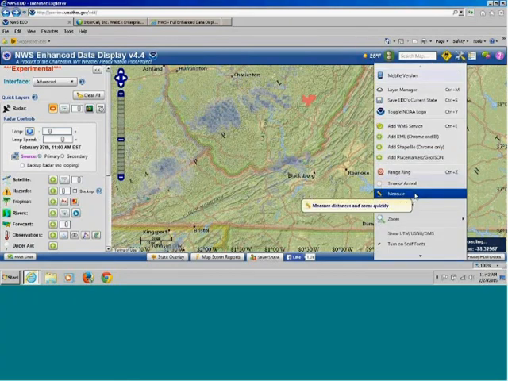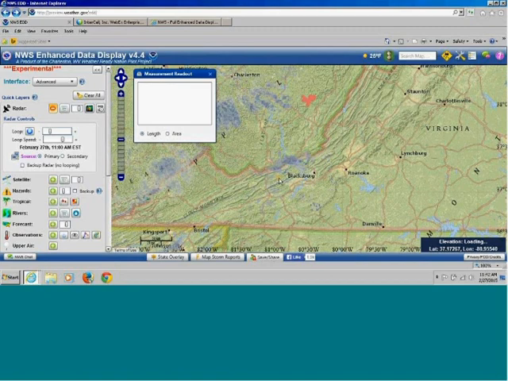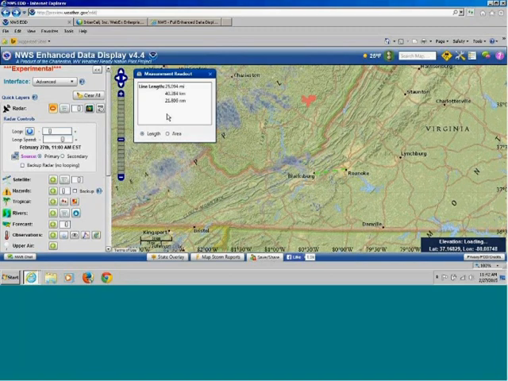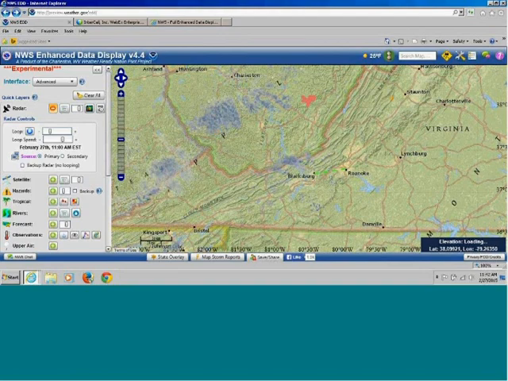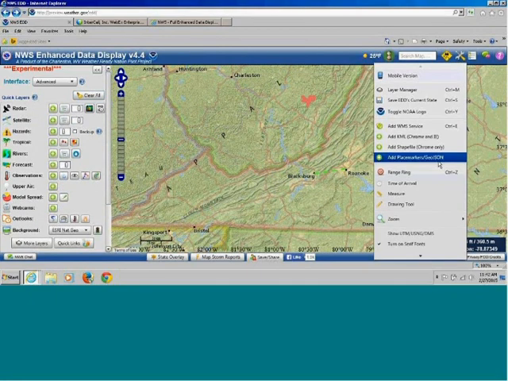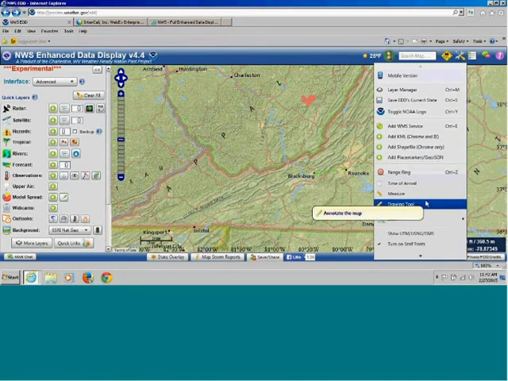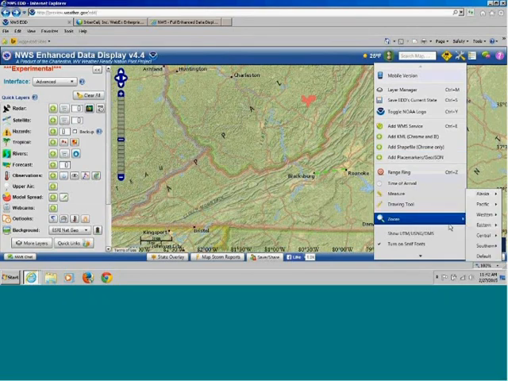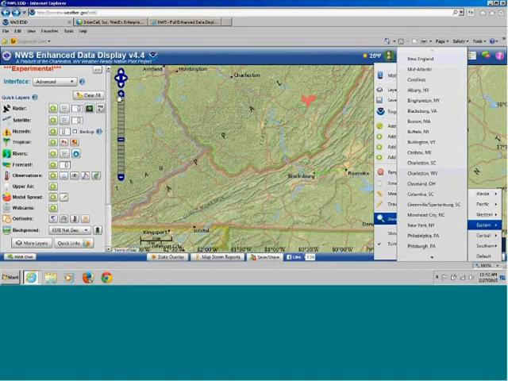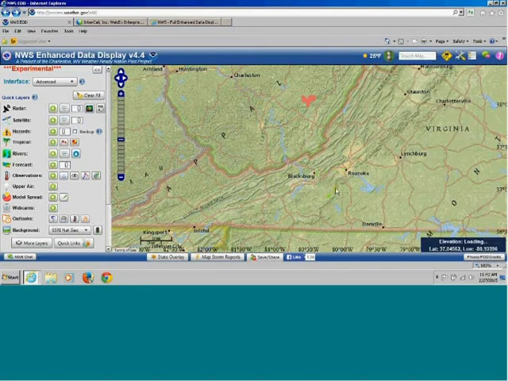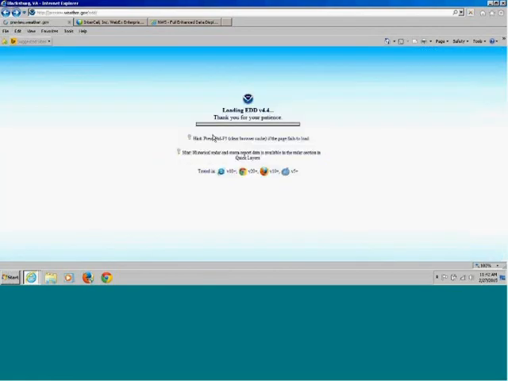You can also measure using this drawing tool. So if you want to know how far it is from Blacksburg to Roanoke, you see it's 25.094 miles, and you can quickly get that information from the measure tool. You can also draw some circles, and this zoom tool, I find it's better to use the plus and the minus from the left-hand side, but you can zoom to specific parts of the country. So let me get back in and out of this to get out of the